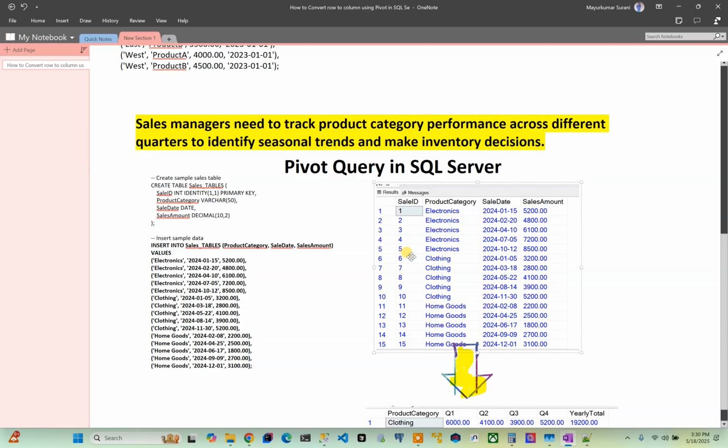Suppose a manager wants to identify the seasonal trend of a specific product category in the last 4 quarters. He wants to understand the sales performance of this product category over the last 4 quarters. This is a simple business context, and